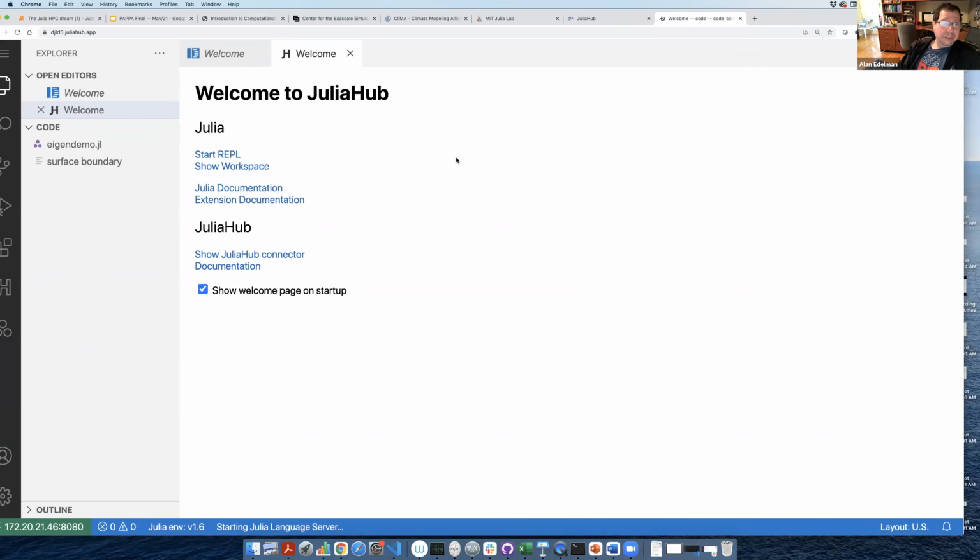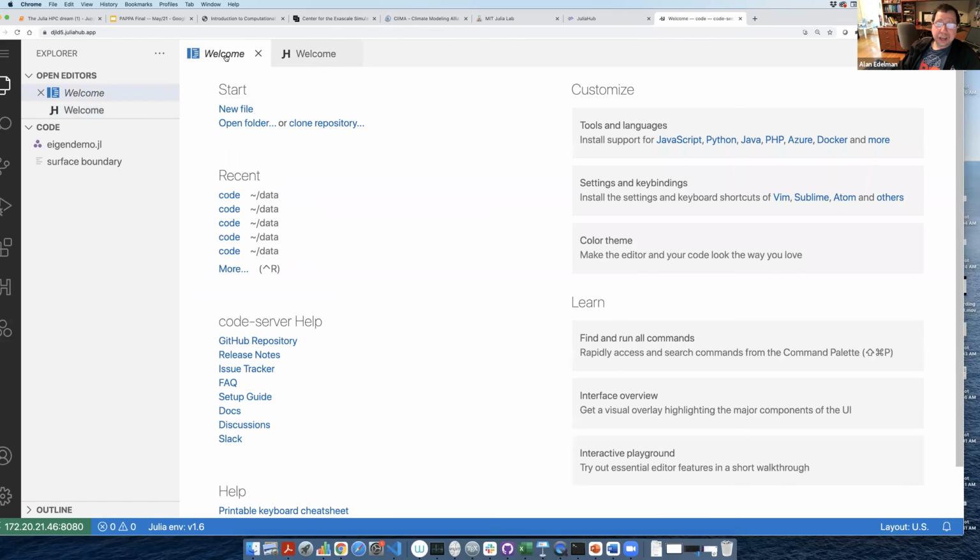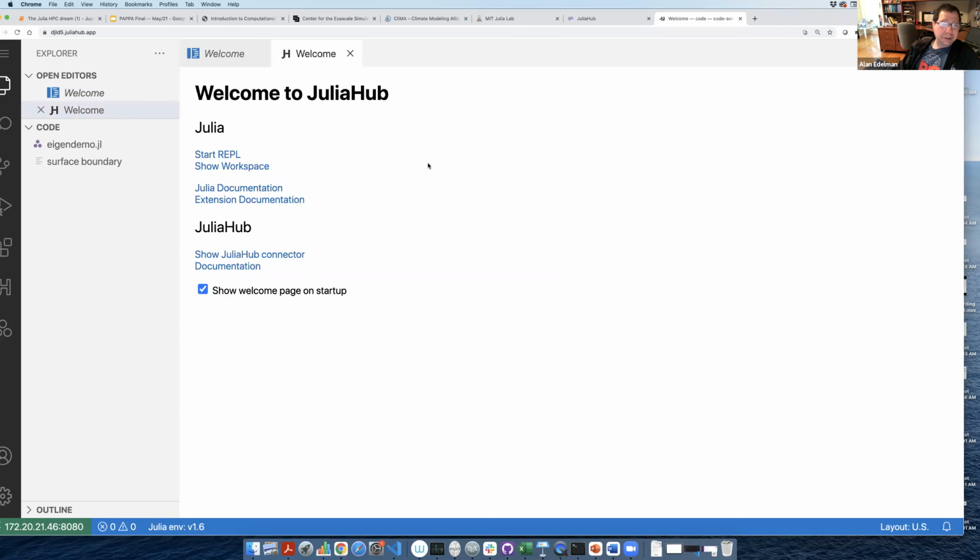And there's lots you can do here. Some of you may recognize that this is a VS Code window. It's basically a pretty popular editor or environment for writing code these days. You don't have to use VS Code. I myself just started using VS Code about a month ago and found it quite easy to use. And I started to understand why other people really like it so much. But here's the VS Code welcome screen. You can also click on this other tab and play around and click. It's a pretty easy interface, all in all.